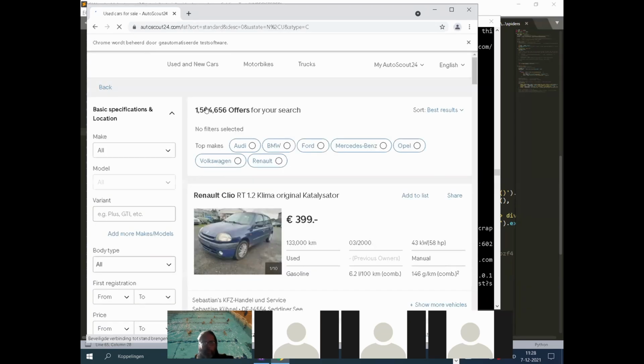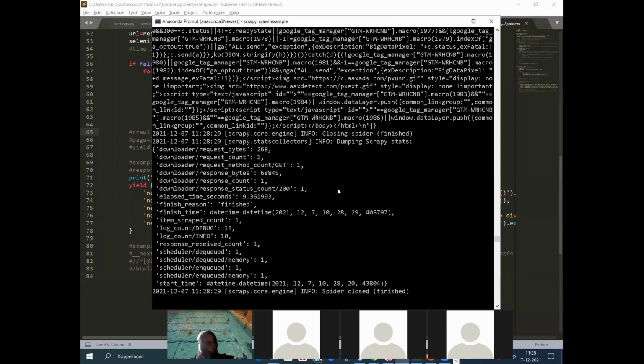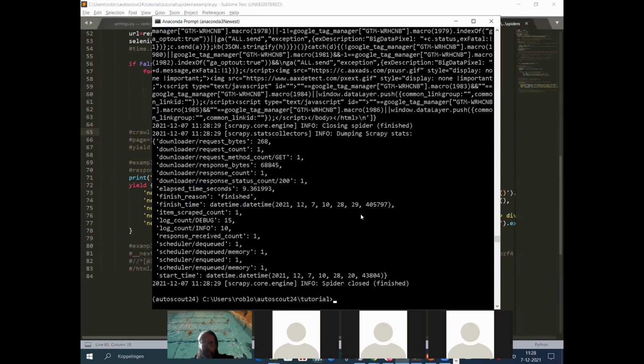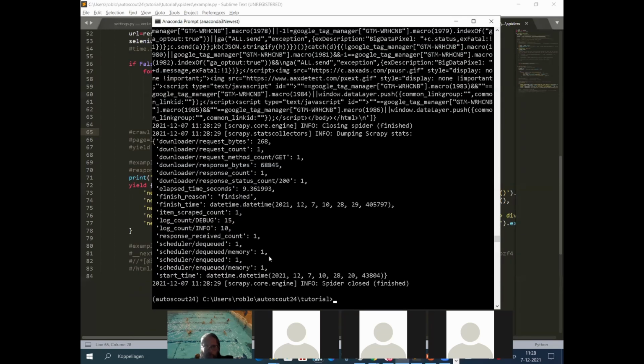I made waiting times a little bit smaller. Now note here that you get this pop-up of cookies. Nevertheless, in this case, it's not interfering with the scraping. Sometimes when you get this pop-up of cookies, you first have to click it away, otherwise you will not get any data. But for AutoScout, this is not the case. So for AutoScout, it will get the data anyway. If you look at the log, I do not have any errors, but